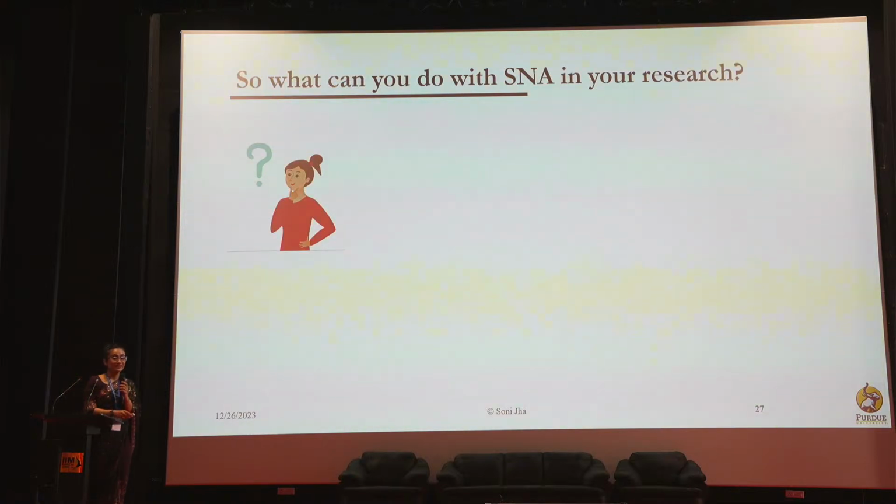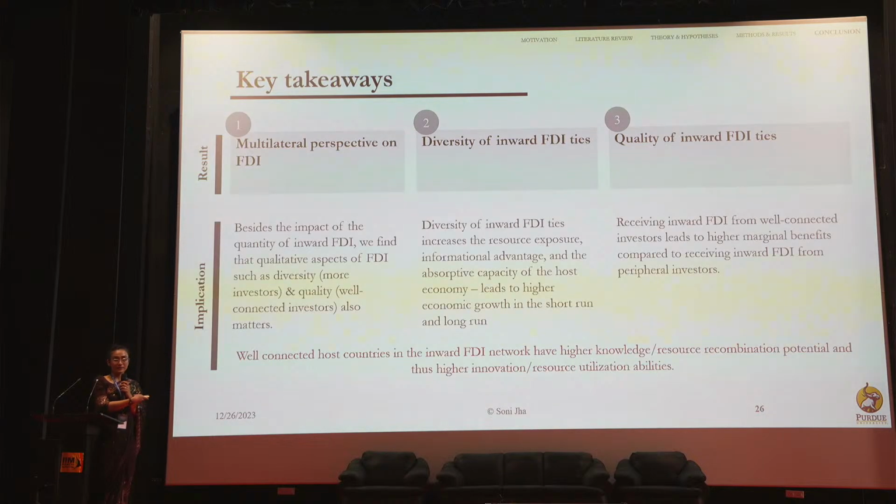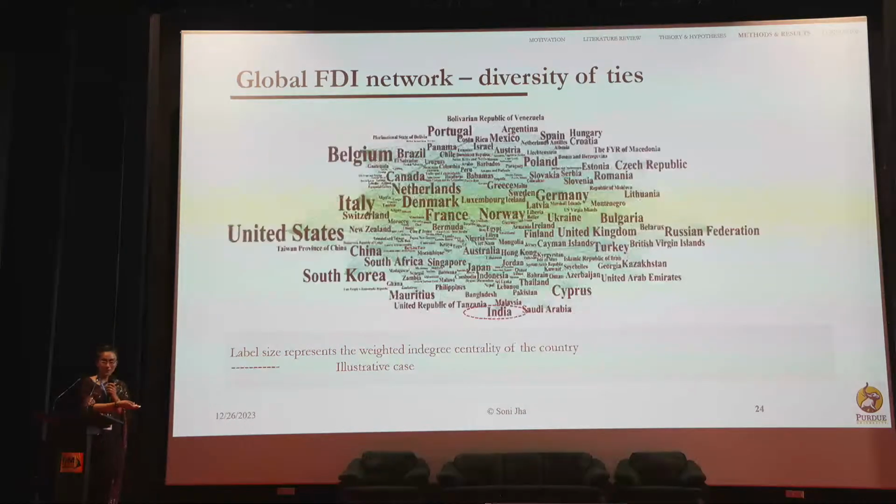Okay, yeah. So in my paper, the second one? Okay. So in this JIPS paper, we used two different measures. One was diversity and one was quality. So what I have here is diversity of ties, which basically is how many different countries are investing in you, right? And so if we look at India, which is here at the bottom,